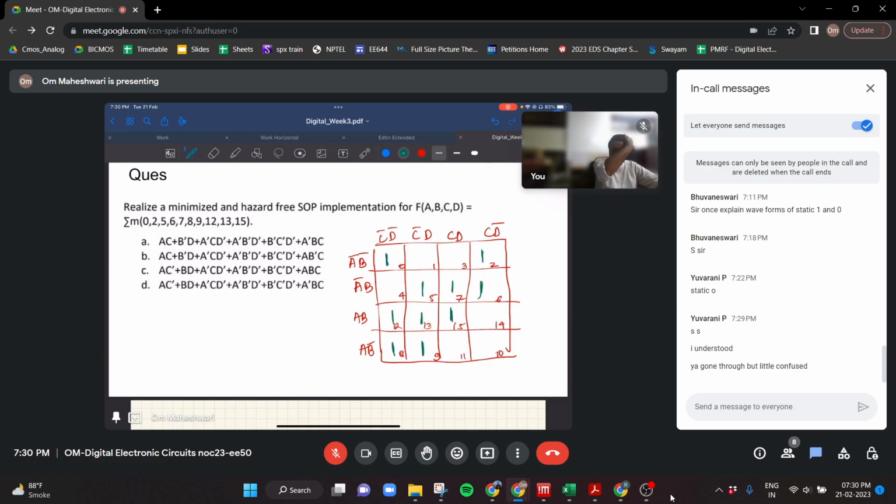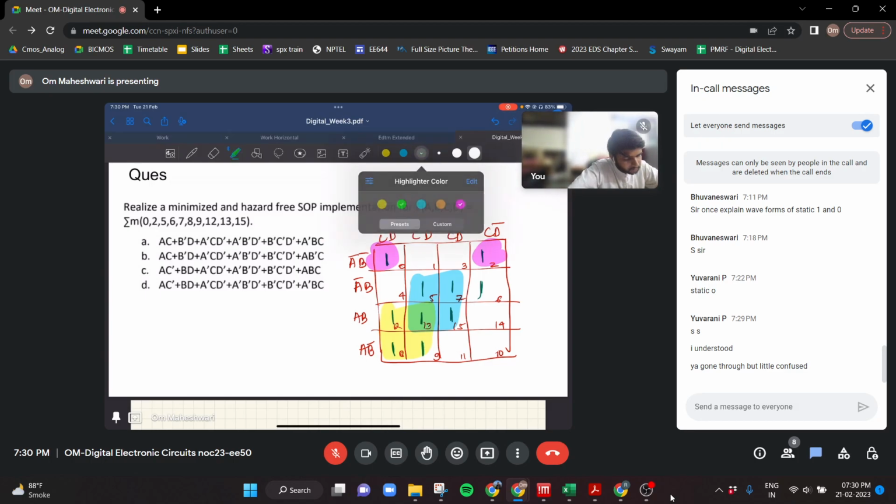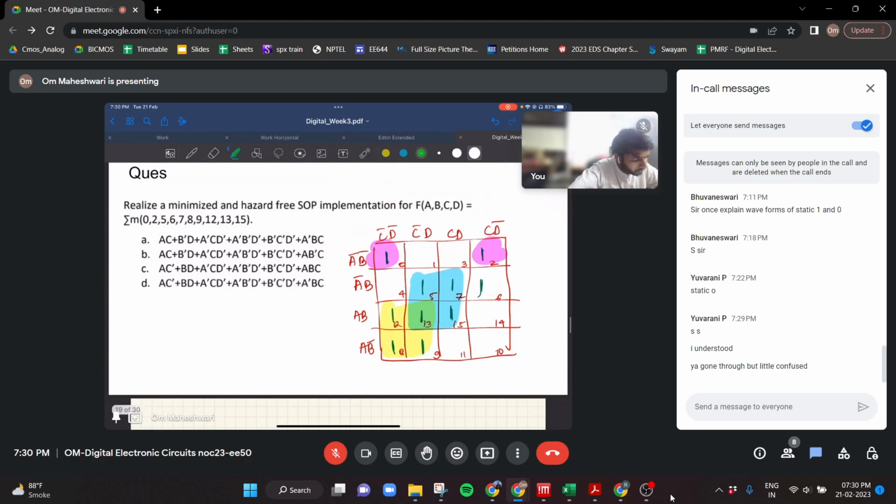Okay, so now let us make the groups. You can see one quad is this, you can see another quad is here, you can see one pair is this, and one more pair is going to be with this and this. Let's make it with this. Okay,